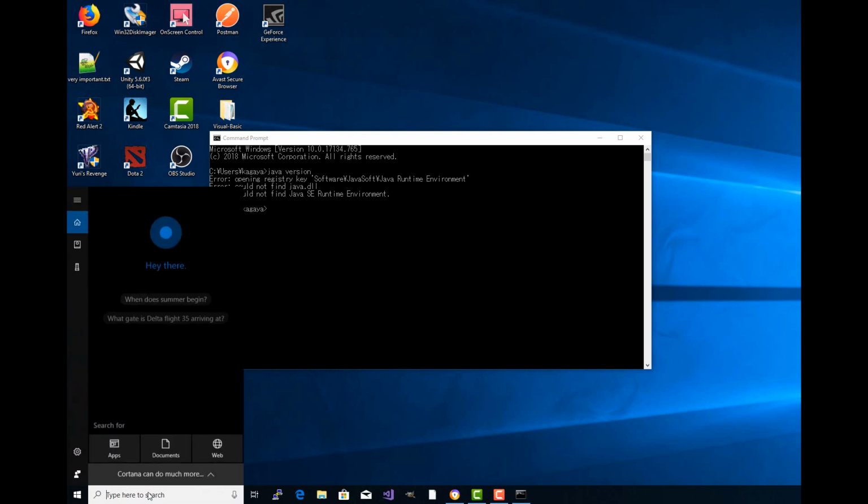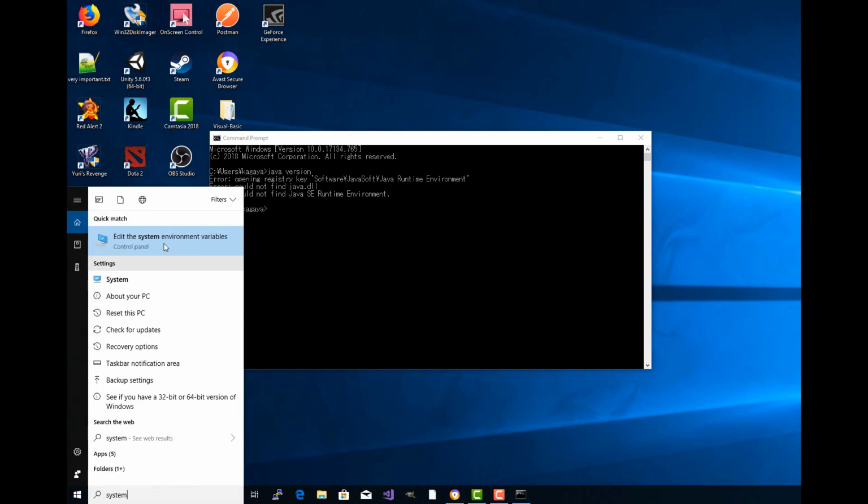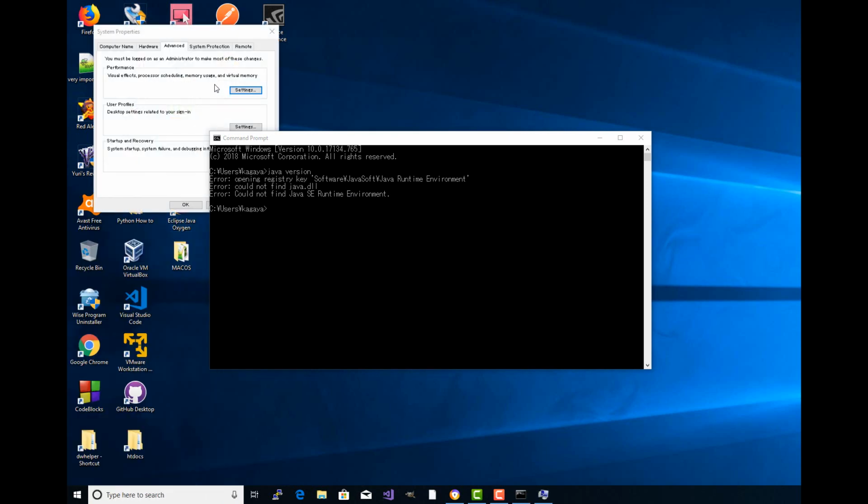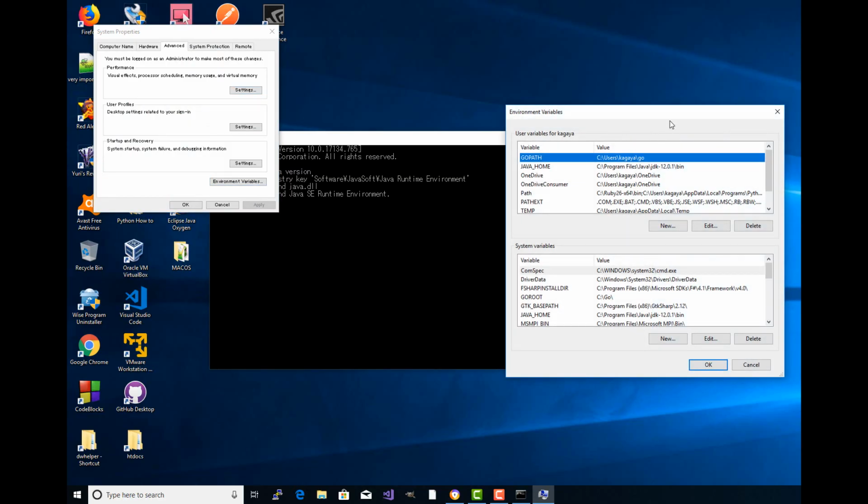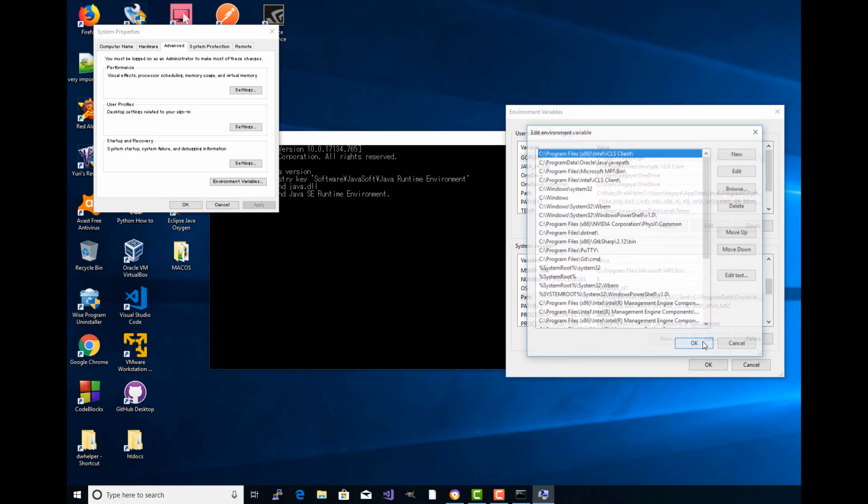So go to the system variable. Go to the environment variable. Go to the path. Edit. Okay, do you see this system